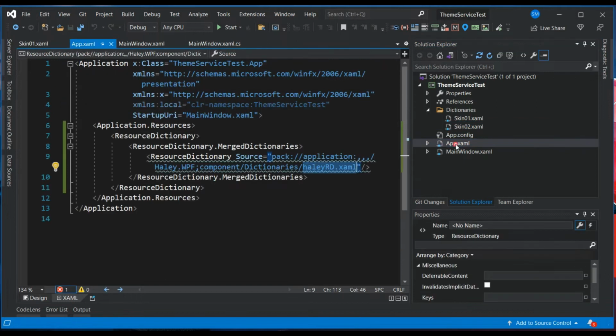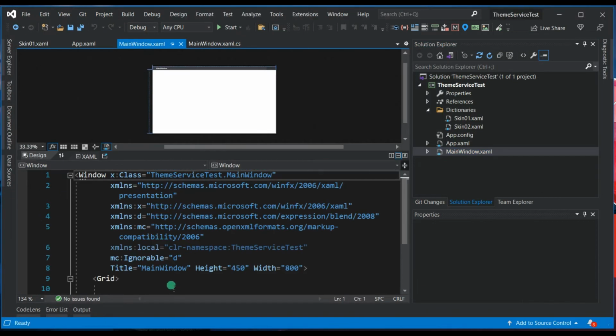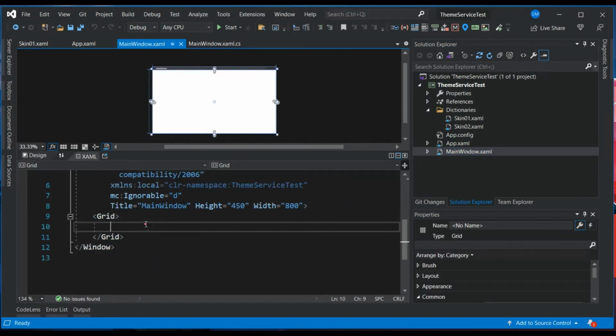Let me go into app.xaml. Have I added my skin 1 and skin 2 here? So this is what I explained before in the introduction. This is what is called loading the theme. The theme or the resource dictionary file is present, but it is not yet merged anywhere, not yet used or not yet loaded. So if I try to go into my main window, and let me have, let's say,